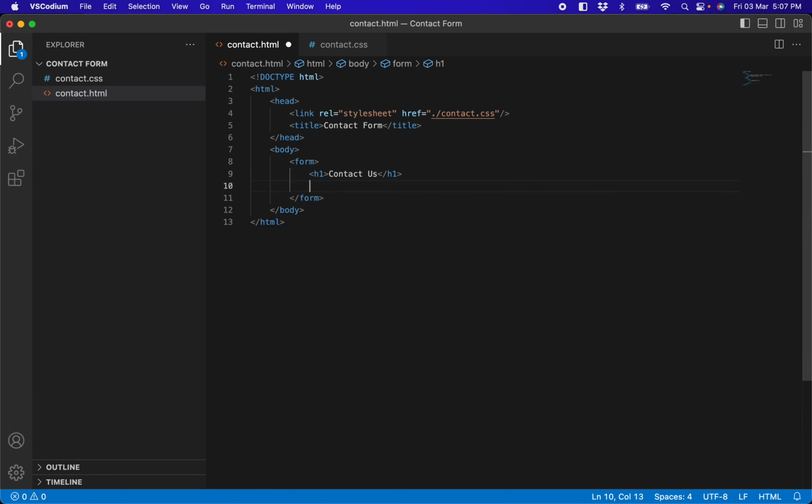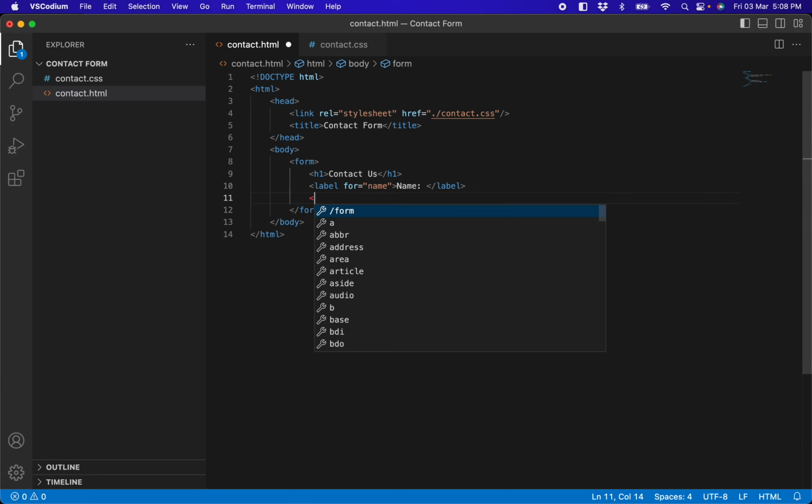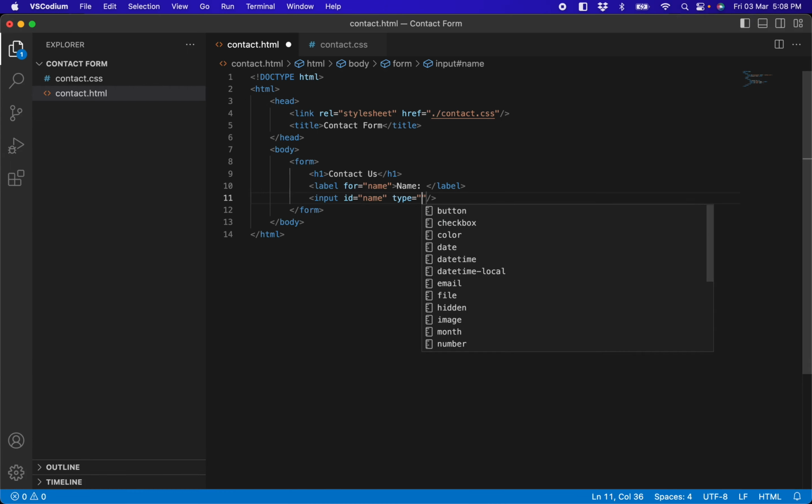Okay, then I want to add a label. I will explain what a label does now. So we have a for attribute, and we're just going to give it a value of name, and we are going to give it a name there too. And then we're going to create an input tag, and inside the input tag I'm going to give it an ID of name and a type of text, and I'm going to give it a name of name,